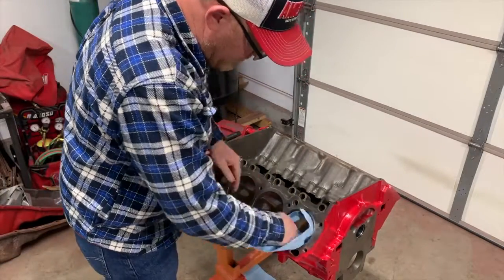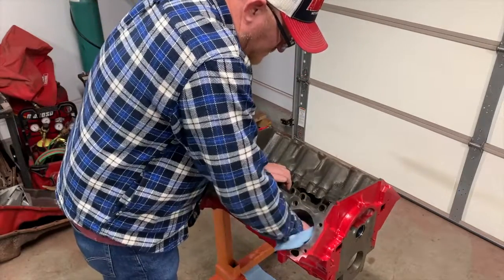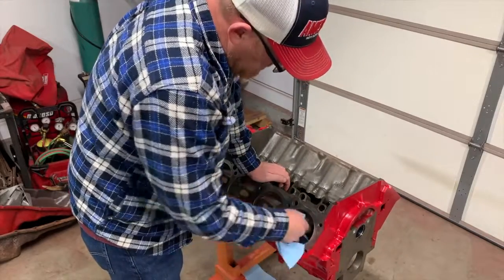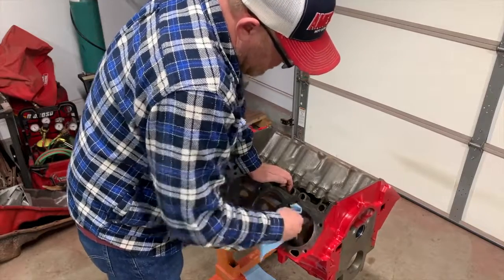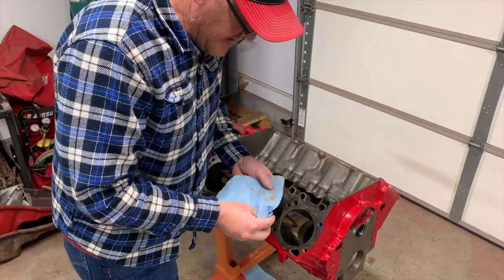Okay, I like to start off with just a basic wipe down of each individual cylinder. So if there's any flashing in there, like I got a bunch of flash rust in there from when I cleaned the block originally, this will kind of take it out and you'll have a basic idea of what you're looking at. Once you get the flash rust out, you can wipe it down with a little WD-40, but I like to do it without the WD-40 because just like when you wash your car, it always looks better after you wash it,